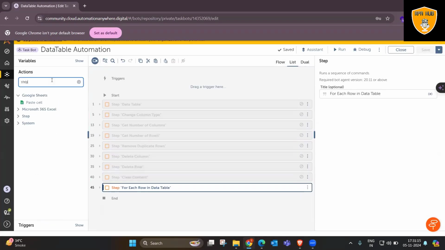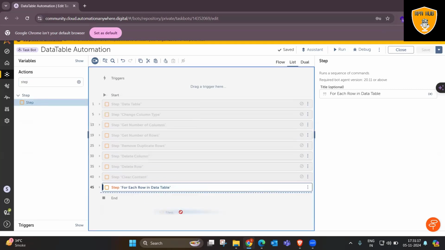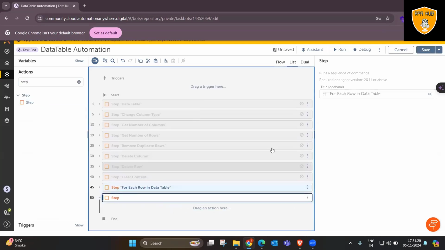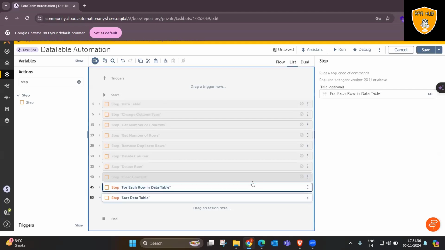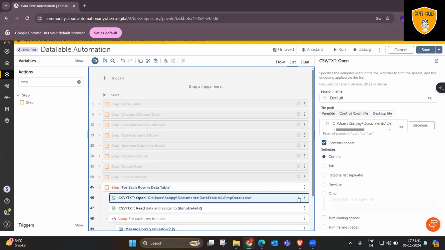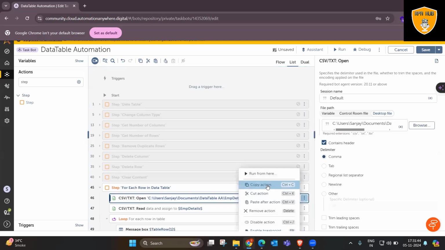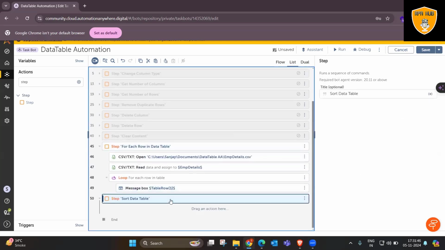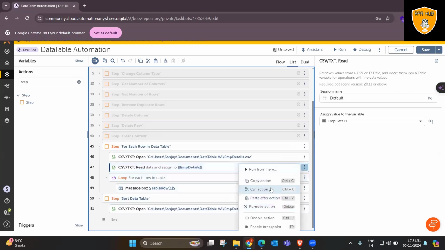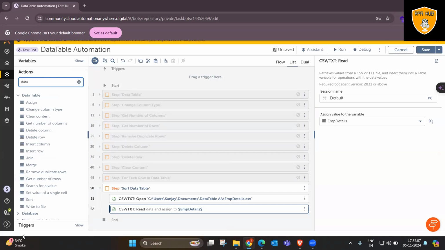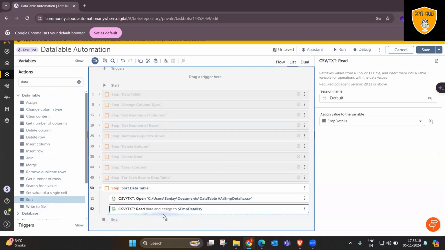Now let me add another step where I want to perform sort operations, a sort data table. Now we'll copy the same actions which we added in the previous step. So CSV open is one, CSV read is another one, and then we'll add one action that is sort. So here you can see we have a direct sort action available